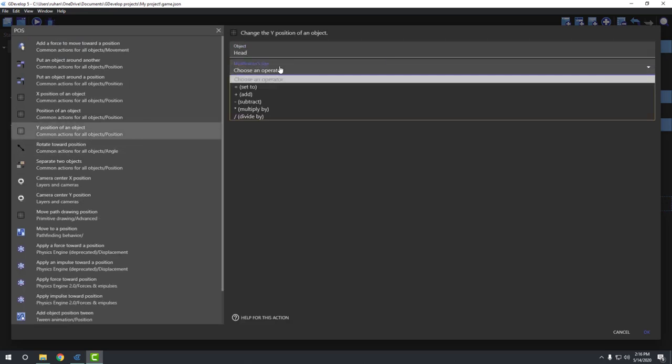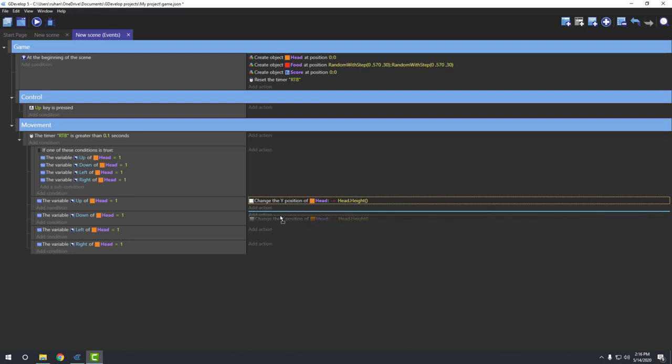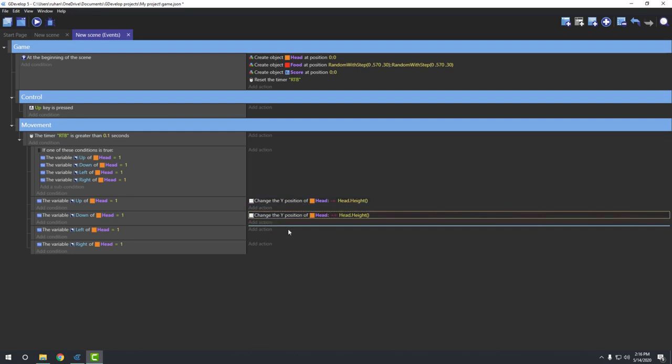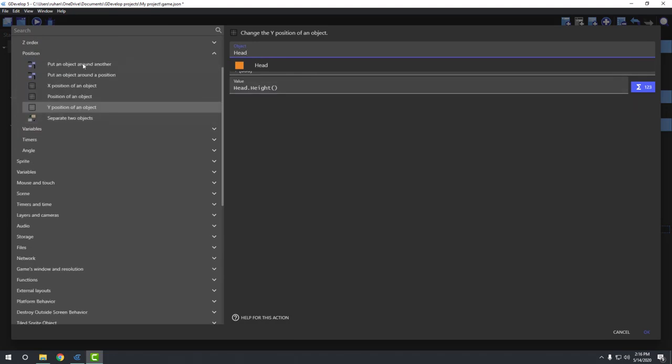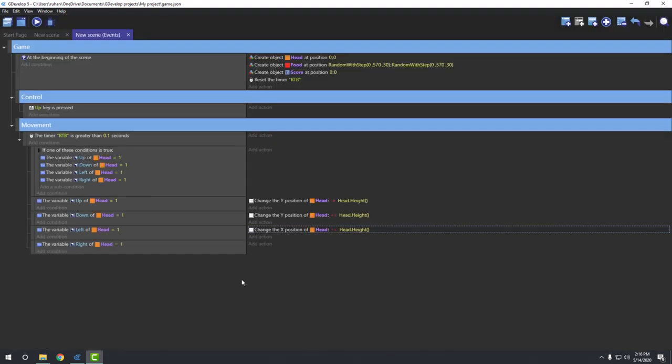Position, okay, height. Hold control, drag it down. Same for X. Subtract,